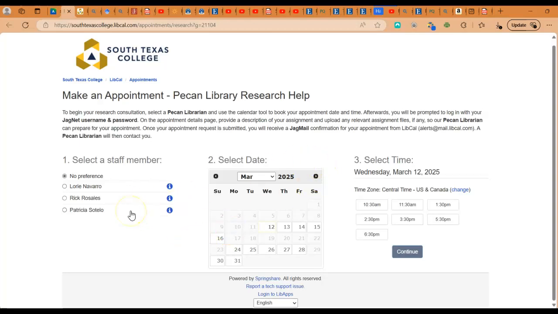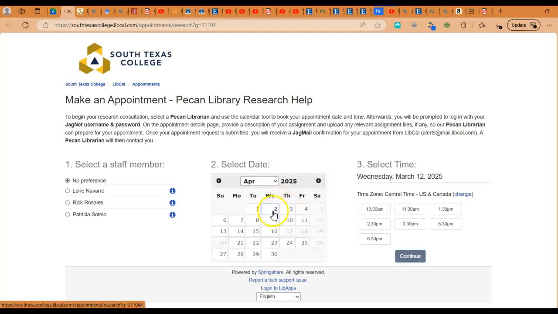I know I talked to Patricia at one point, and I don't know if this is just particular to her, but she said when students make an appointment, you fill out the form and everything, and they try to prepare ahead of time so that the time is used best. So here's the calendar. Obviously spring break is coming up and that's out of the question, but